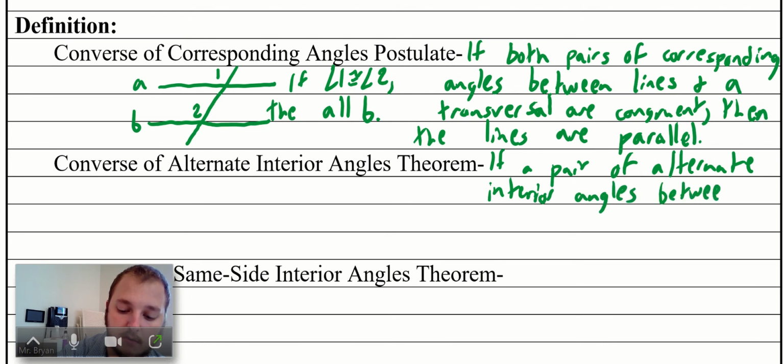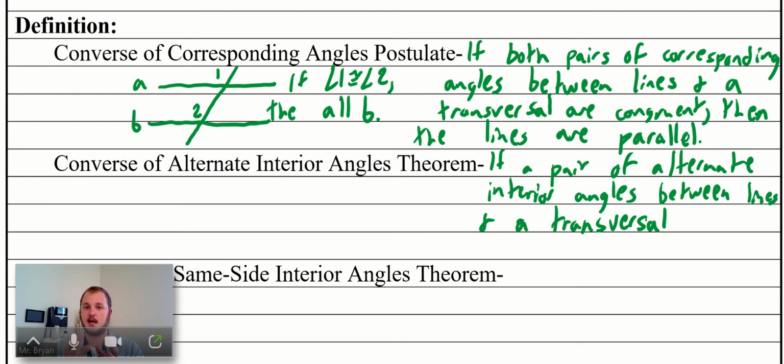between lines and a transversal, kind of a mouthful, but we have to describe what's happening here. So if I look at these lines, the same diagram, lines cut by a transversal, and I see the alternate interior angles, what should they be? What have our theorems told us before? Well, if they're parallel, then they should be congruent. So I'm going to say if those angles are congruent,